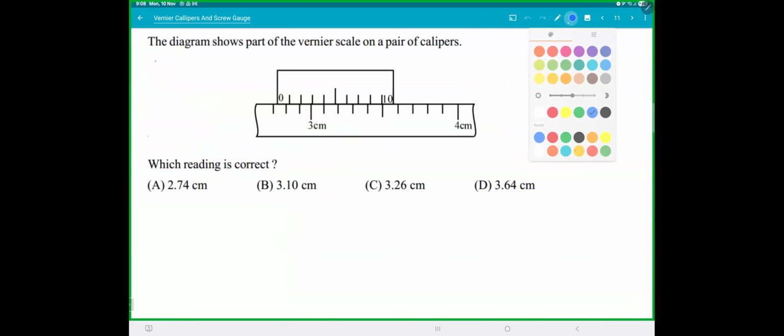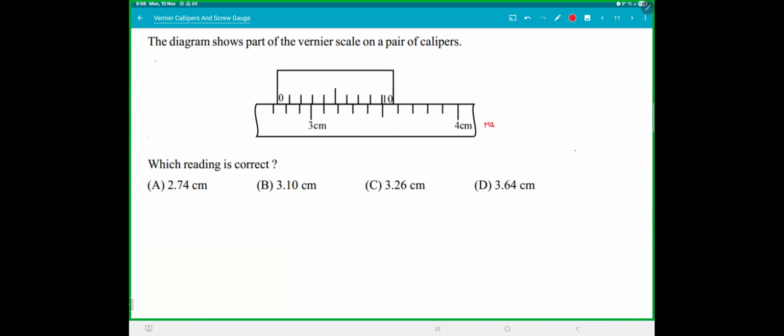Again, don't get confused here. In this case, the main scale is below and the vernier scale is on the top. You can keep it however you want. And how do you know? The vernier scale is always small. You can clearly see it is a small one. So